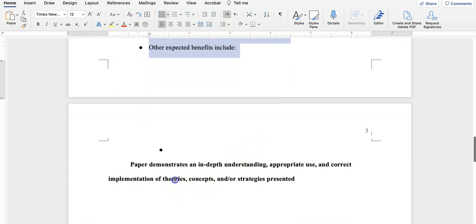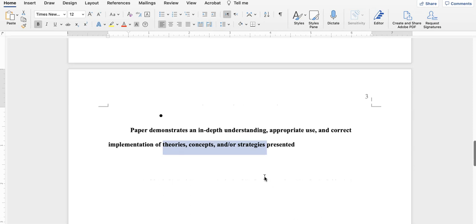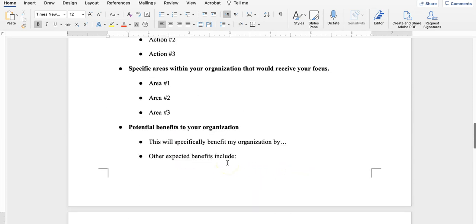Now, we want to make sure that it's referring to theories, concepts, and/or strategies throughout. So this is a good place to just start listing things you might use as you do the reading.